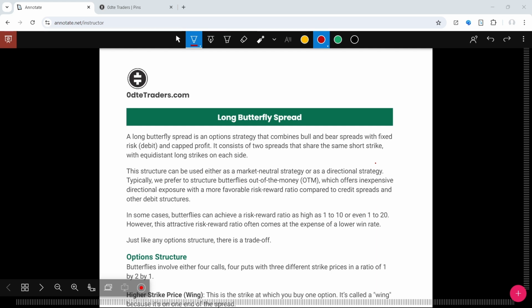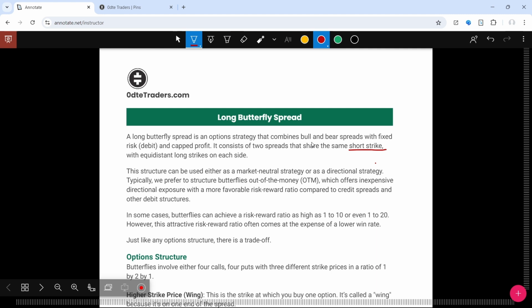Okay, so welcome everyone. Today's topic is going to be the long butterfly spread, specifically the symmetrical butterfly spread. So let's begin. This is an option strategy, I think one that is a favorite among many zero DTE traders. And essentially, this combines a bull and bear spread with a fixed risk, so it's a debit strategy, and capped profits. Okay, so essentially two spreads that share the same short strike with equidistant long strikes on each side, hence